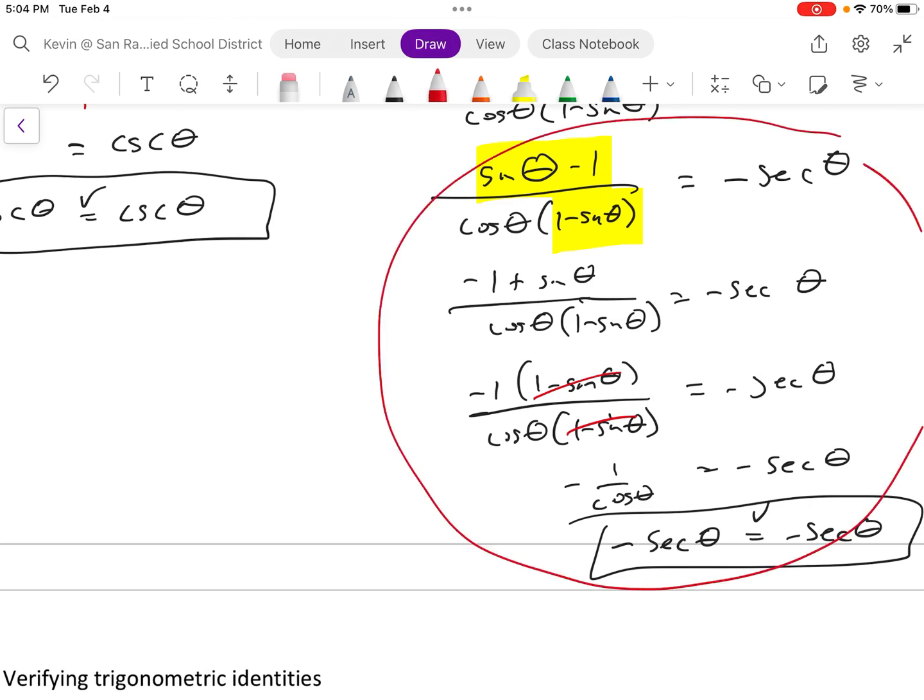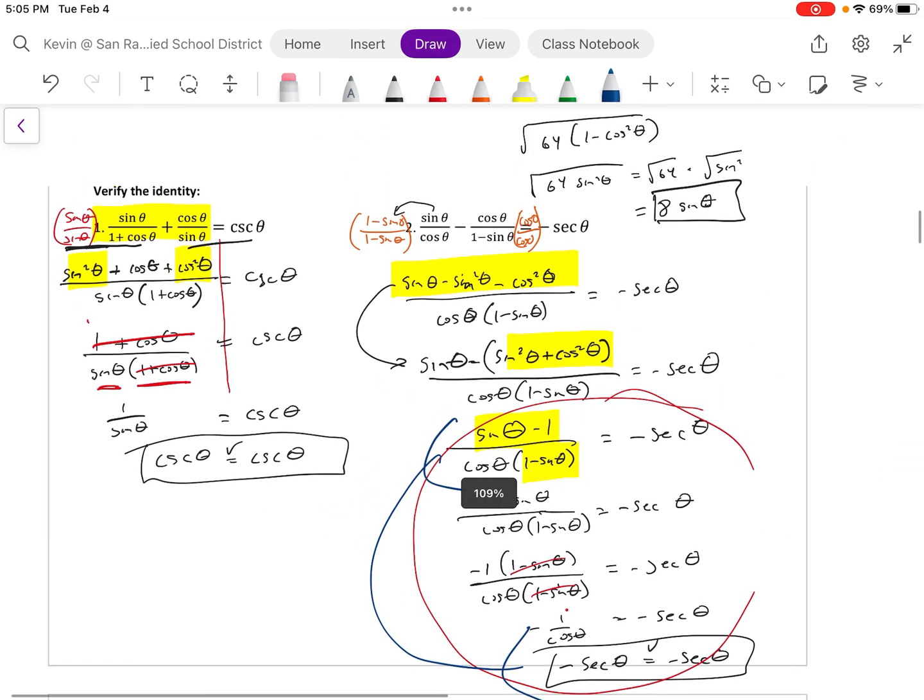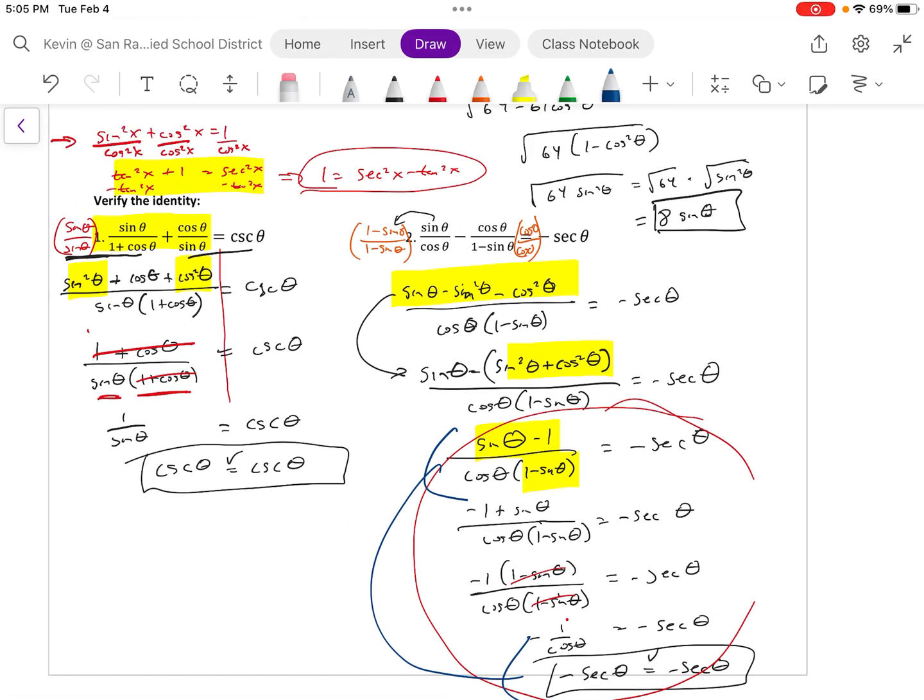Okay, I need to show all the steps. I need to have the equal sign. I need to have the negative secant. I mean, I'm really sloppy in my writing, okay? But I have all the steps in there. I'm showing the different steps. I'm showing what I'm doing. I expect to see this when you do any kind of assessment or any kind of work. You can't go from here to here without showing some of those steps. You will not get full credit unless you show these different steps of what's going on. You have to show me